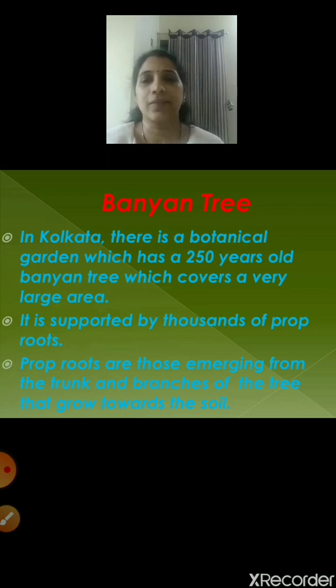There's one more activity, children. Now you are going to take a plant and a glass jar. You are going to place this plant with the roots in the glass jar and then mark the water level on the jar. Then the next day you are going to see what has happened.